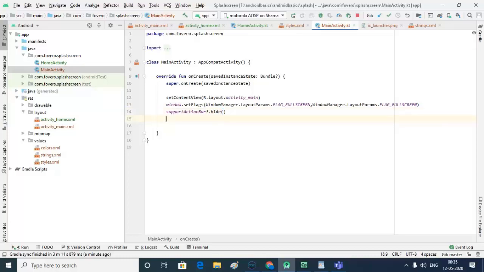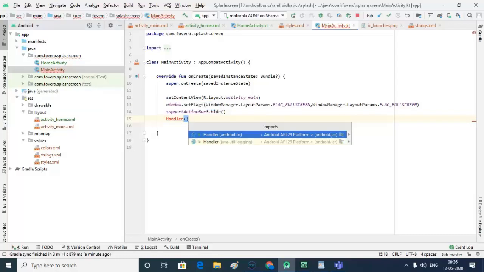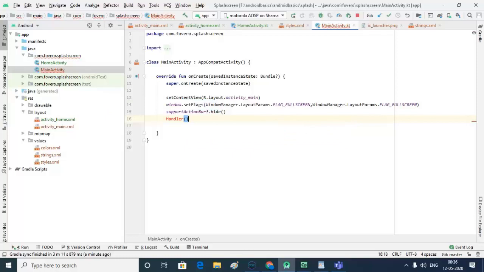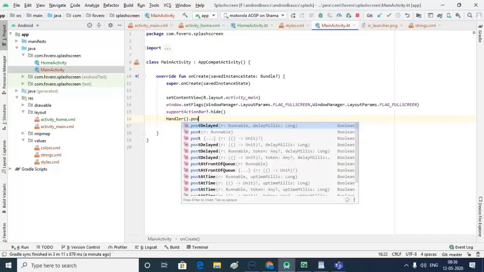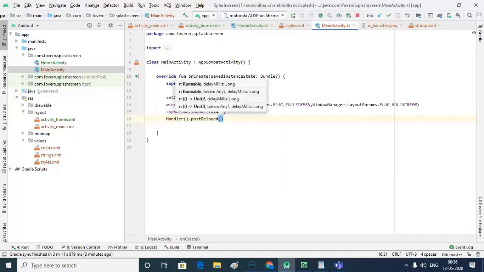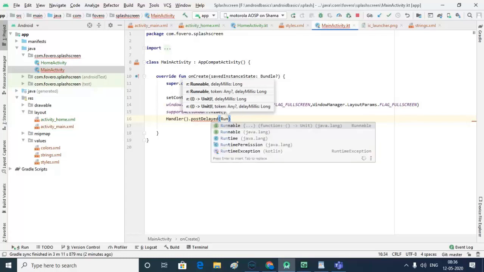and after that use Handler. It's a kind of thread. Handler dot, you select the Android OS Handler, and call the postDelayed method, and here you will pass a Runnable.